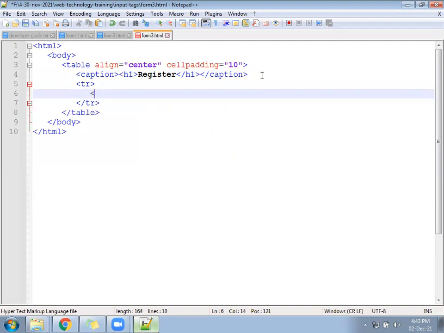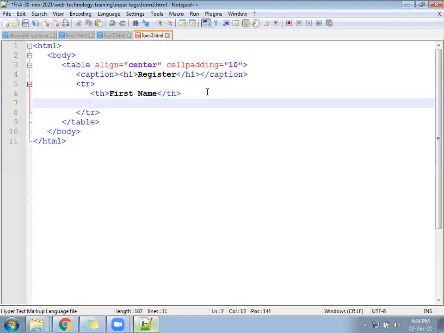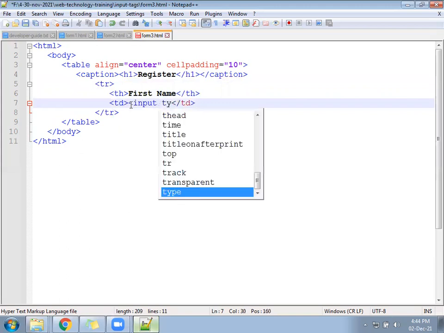There you will write first name, id, input type equal to text.